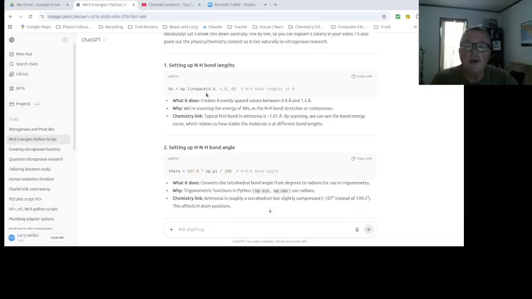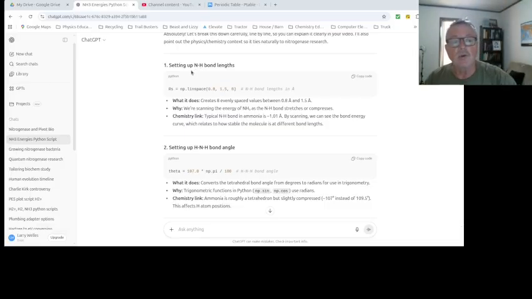So first of all, we set up the NH bond lengths. What's that all about? Well, remember on that tetrahedral shape, we had the distance between the N and the H, and at a certain point, it's going to be the equilibrium or the low energy point. All nature tends to go towards the low energy situation. So you start at 0.8 angstroms, go up to 1.5 angstroms, and you divide it up into 8